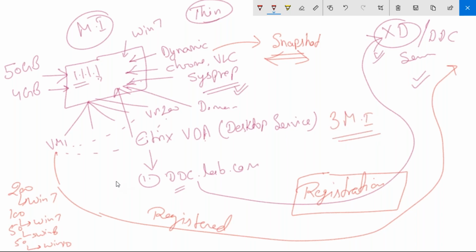One for Windows 7, one for Windows 8, one for Windows 10. And always in a production environment, we maintain multiple copies of your master image in different geographical locations. Because the master image is a delicate part. If, for some reason, it gets corrupted on your hypervisor, game is over, because